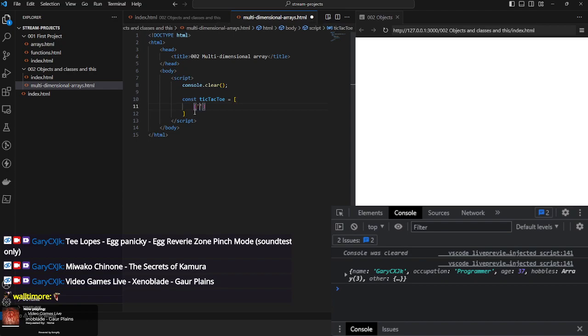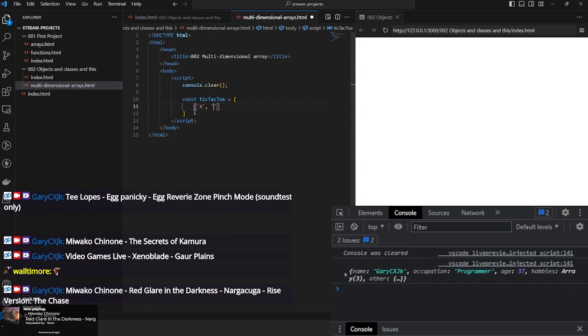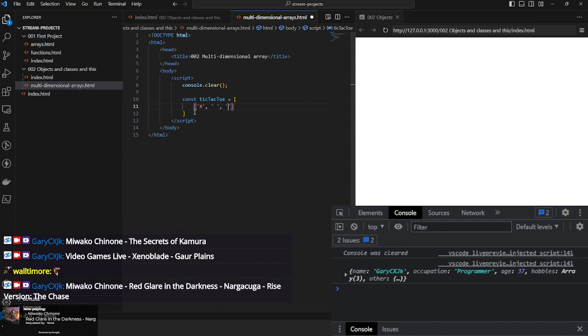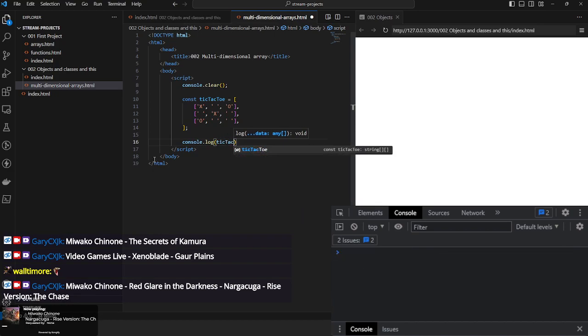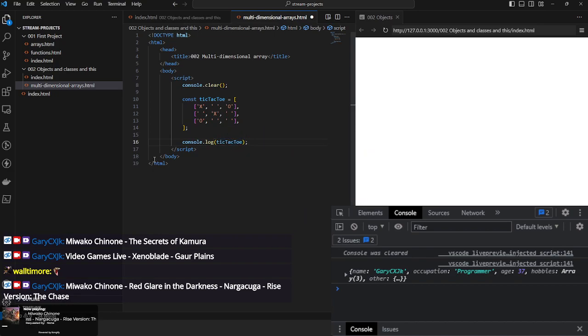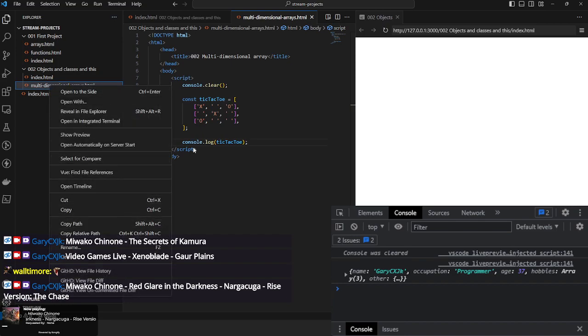So let's say we have an x here, comma, empty, comma, a circle, empty string, comma, x, comma, empty string, circle, comma, empty string, comma, empty string. So if we do console log tic tac toe, and we load in this